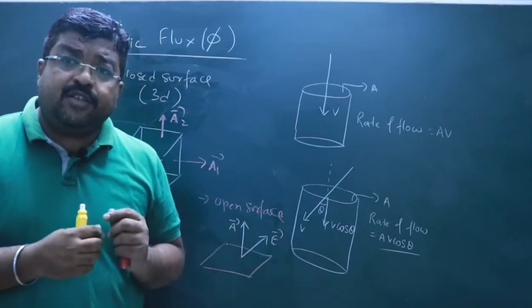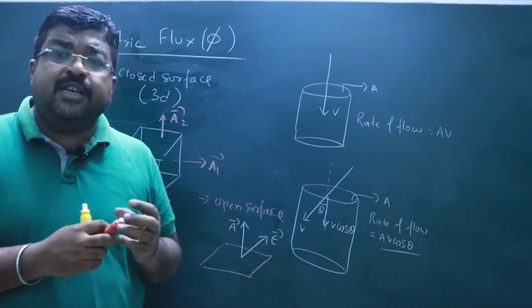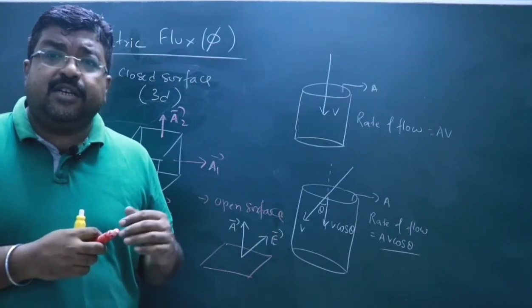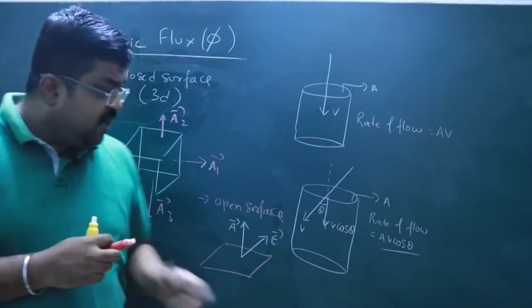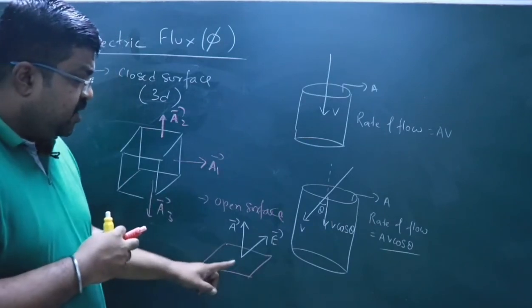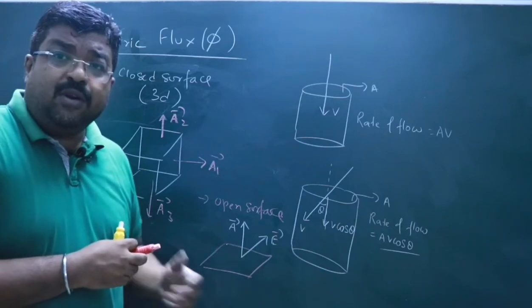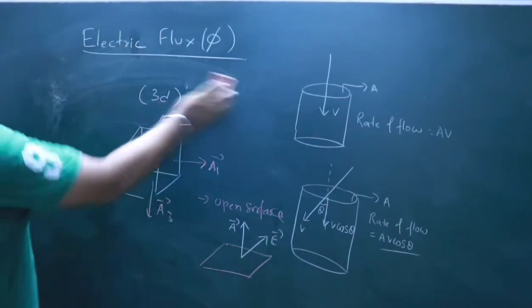Okay, so the area vector is always normal to the surface being considered. If it is a closed surface or a three-dimensional object, it will be normal in the outward direction. If it is a two-dimensional object, it is normal to the surface in the direction of the electric field. Okay, if the electric field is in the downward direction, then the area vector will be normal to the plane in the downward direction. Okay, so now based on this,